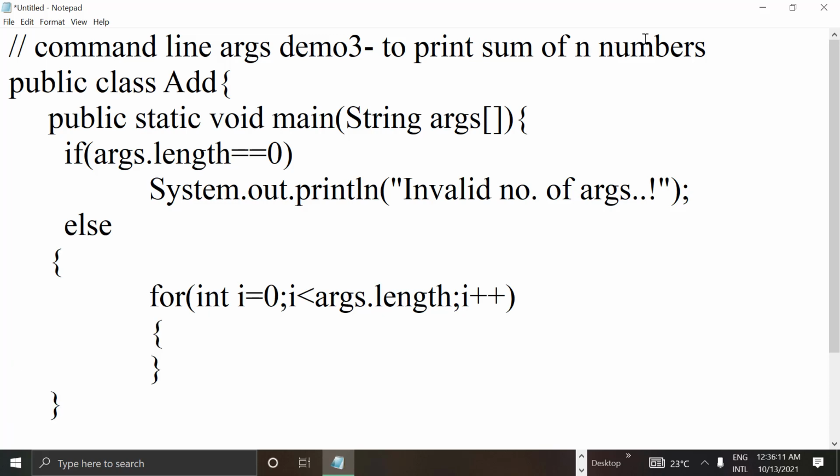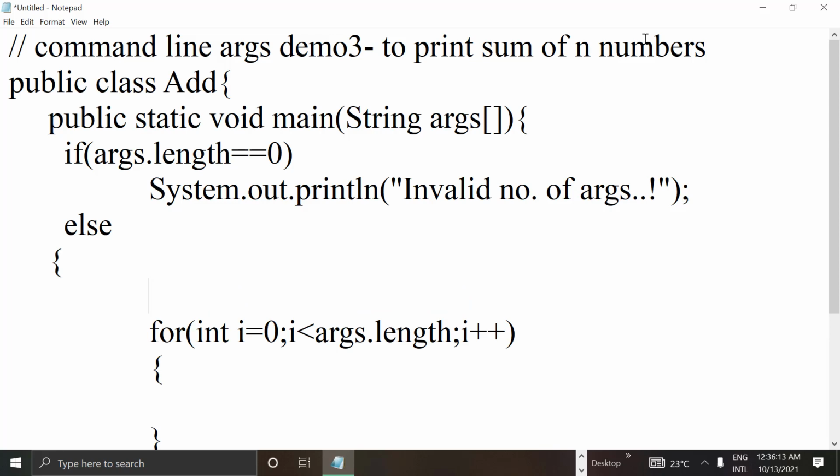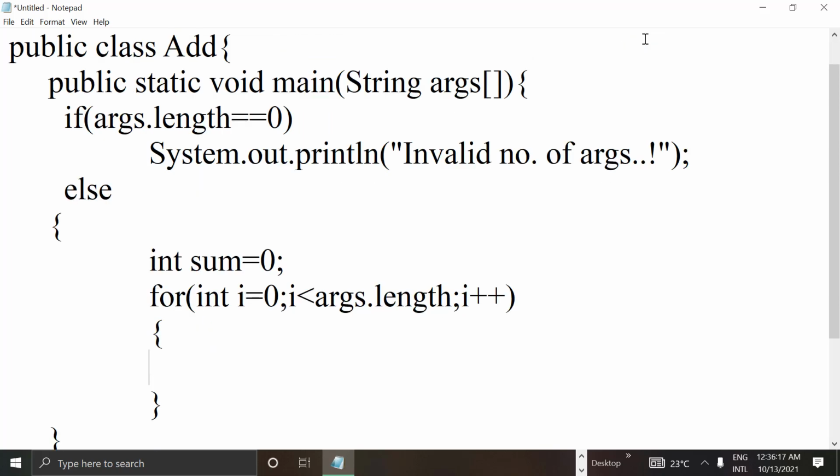Here I take int sum = 0, and args of 0, the first number, I need to add to sum first, then args of 1, then args of 2. Like this I need to add each and every number to sum.